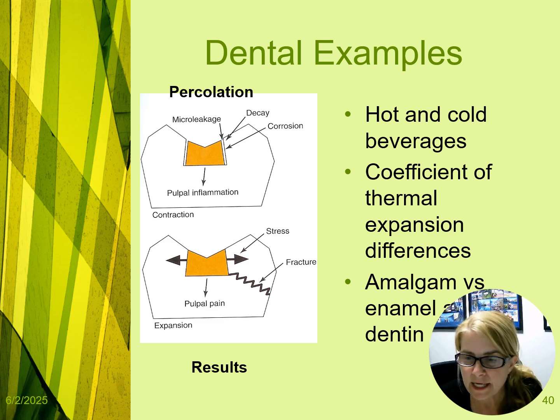The nerve gets irritated with that change in temperature and that space opening and closing up from hot and cold beverages or foods. Temperature change creates the space or shrinks the space, and then bacteria can get into that space. The contraction and the expansion irritates the pulp and can cause recurrent decay. You can see here when there is some friction of you biting and there's stress, it can actually fracture the tooth as well. A positive with amalgam, so this is where we get to the corrosion part, is the